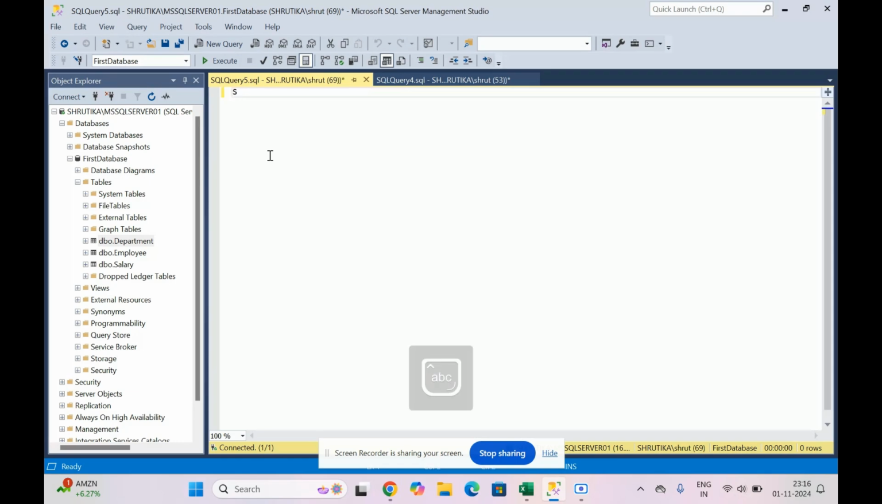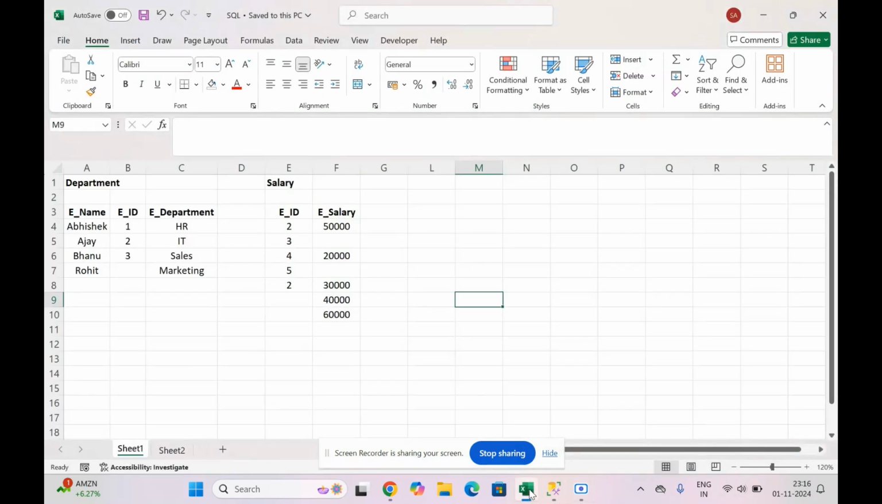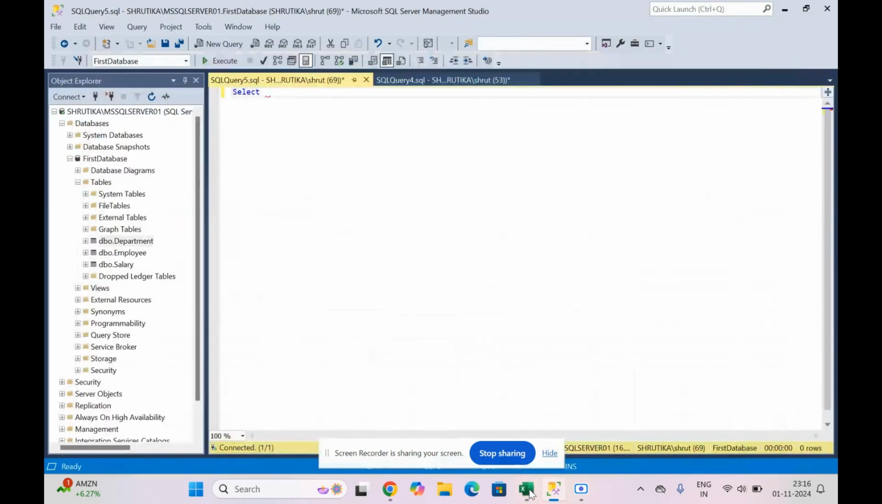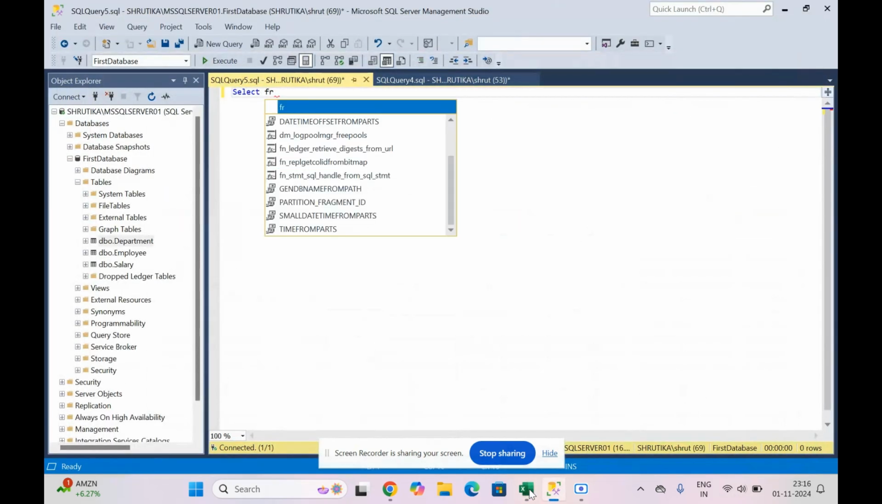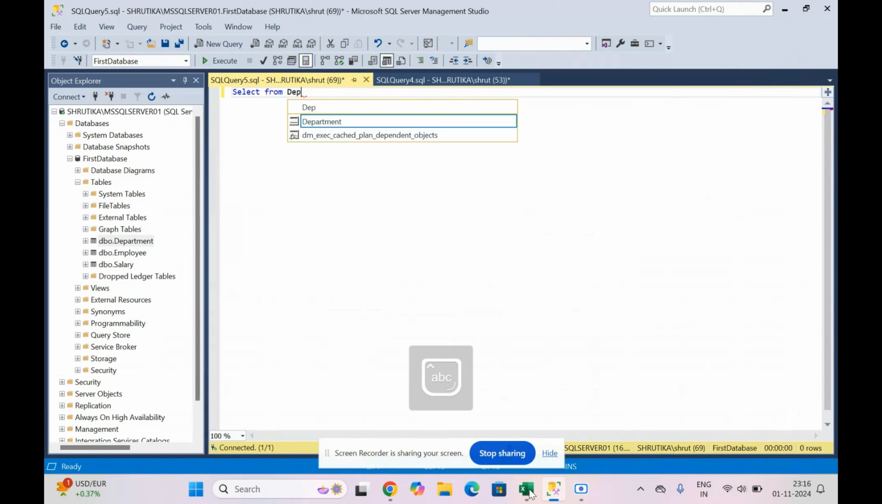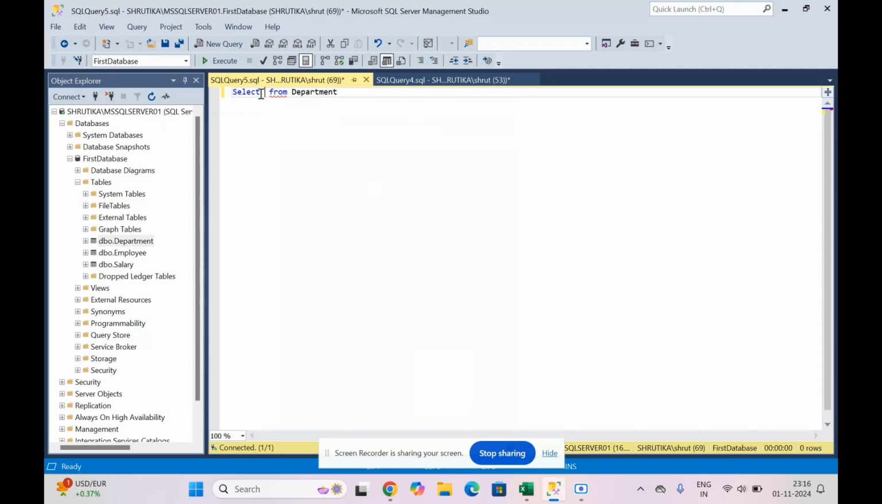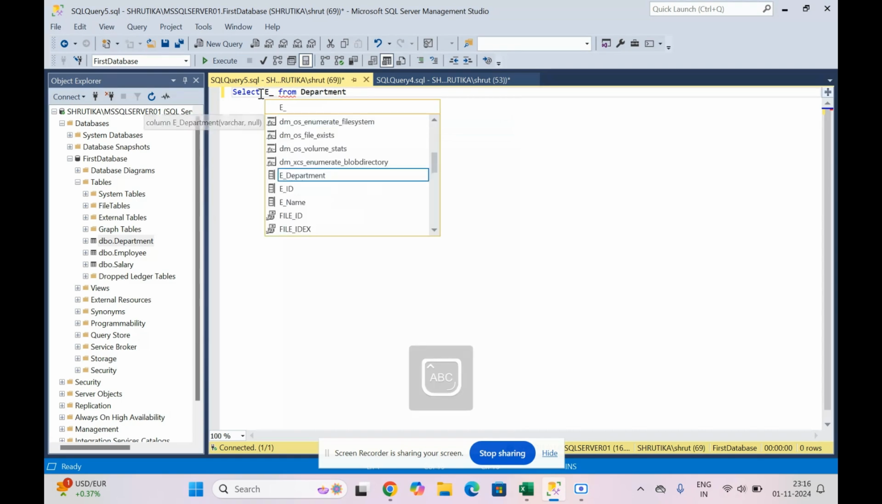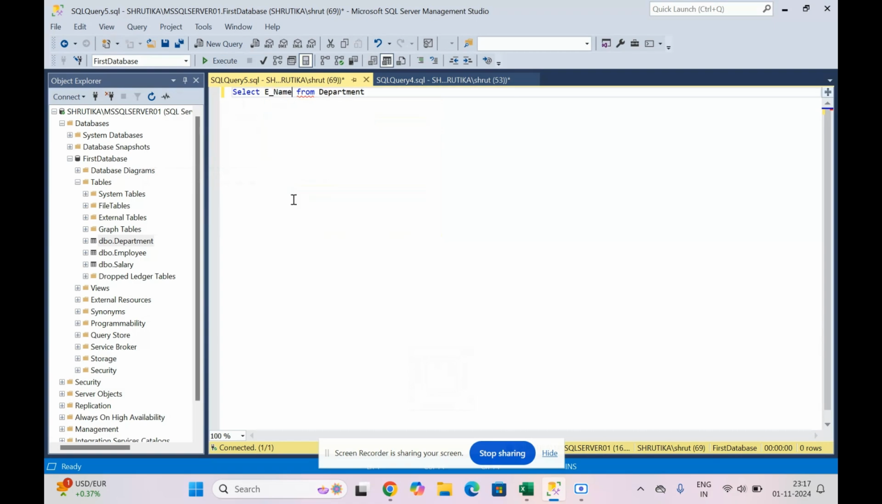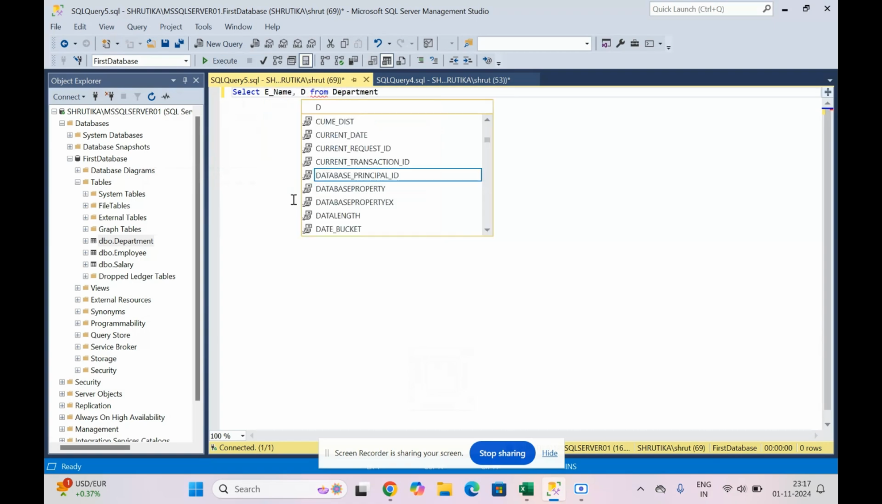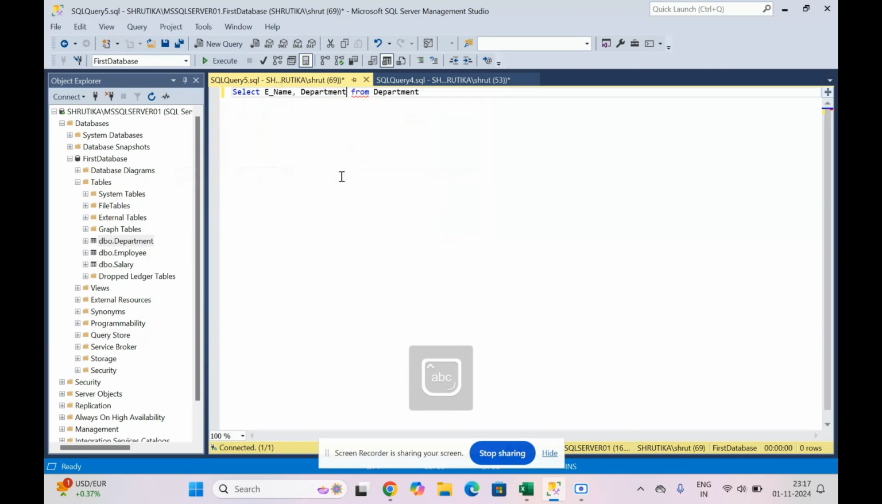So the query is select what all do we have in department. So we have name, ID, and department. So select, first I'll write the department table name so that it becomes easier for me to select the column names. And I'll say name, comma, then I will say department dot EID, and then I'll say,